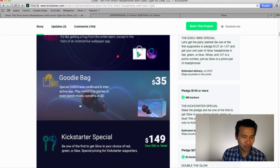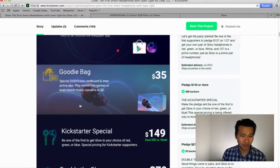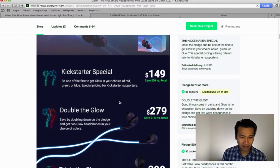Next up, $35 goodie bag. And from what it looks like, in immersive games or watch music concerts in 3D. So essentially, if this is a virtual reality for $35, that's pretty much 2 DVDs. So if you can own this, you're good to go. I wouldn't see any reasons why not to pick up this goodie bag. And then we hit on into the